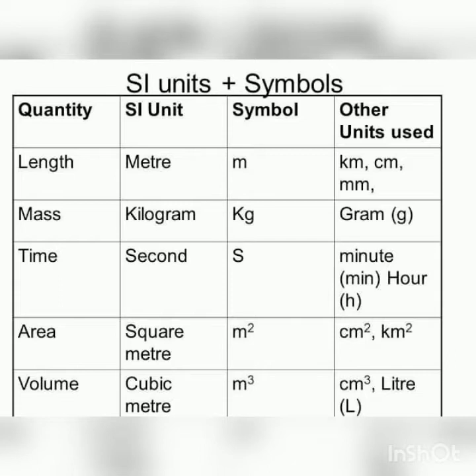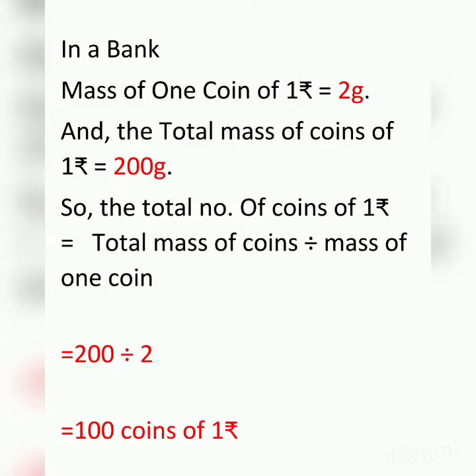Let's take one more example from our day-to-day life. Banks. Banks have an extremely large number of coins of various denominations like 1 rupee coin, 5 rupee coin, etc. Counting such a large number of coins is a very difficult job, and a banker cannot count the coins of each type by itself. So in banks they weigh the coins rather than count them. The bank people know that a fixed number of a particular coin always has the same mass. This means that from the mass of a particular type of coins they can find the number of coins.